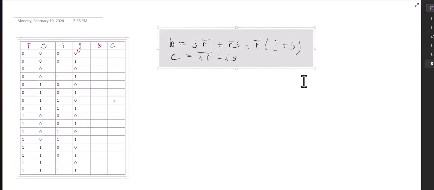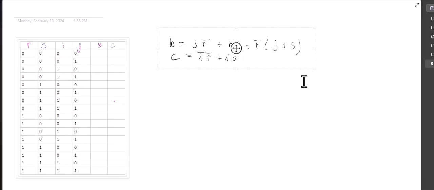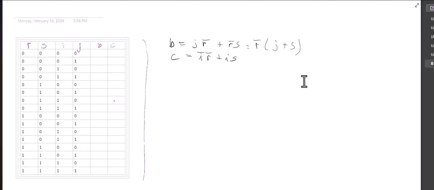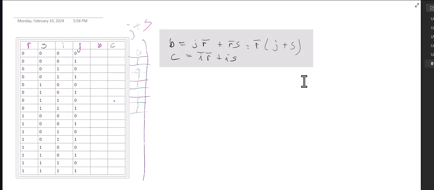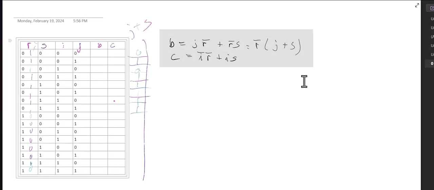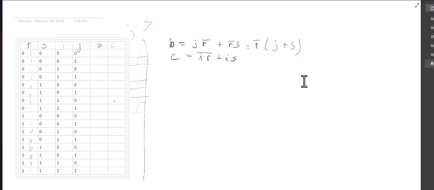Okay, so we have that B is not R ANDed with J or S. So I'm going to make another column over here for J or S. J or S. So if either one of those is 1, so that would be 0, 1, 0, 1, 1, 1, 1, 1, and then not R. So not R would be the complement of R, so that's not R. So I would need both not R and J or S to be 1 in order for